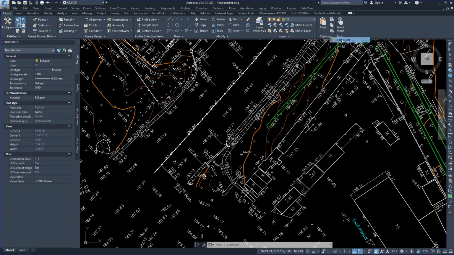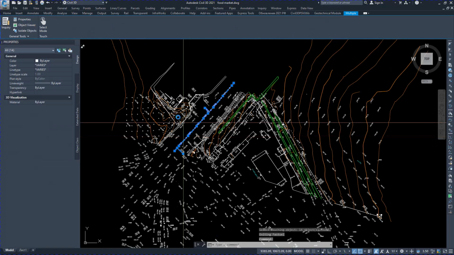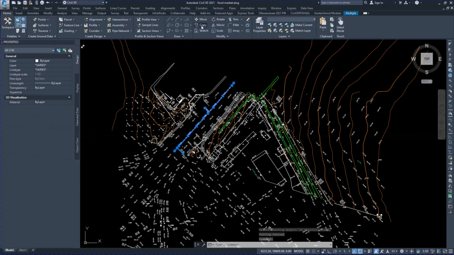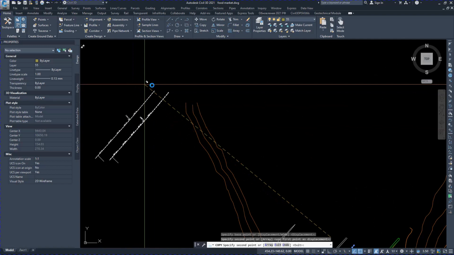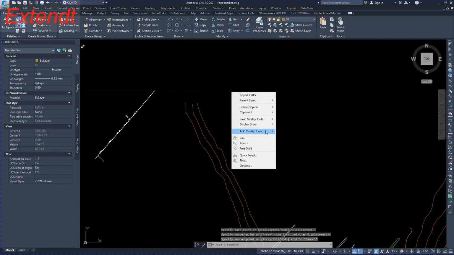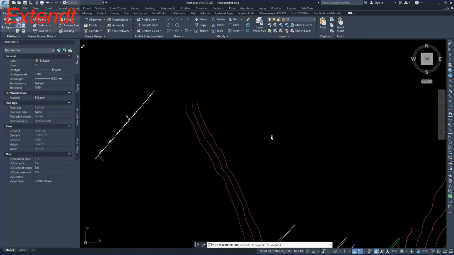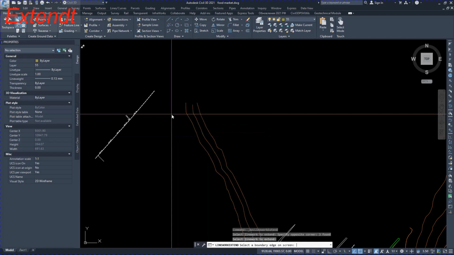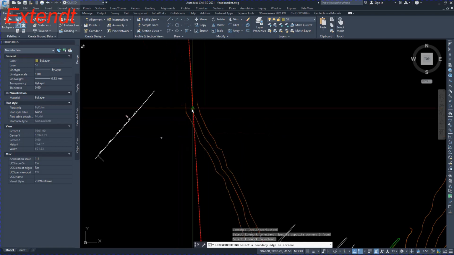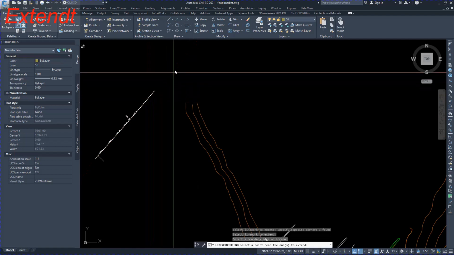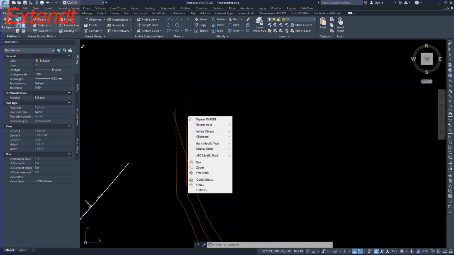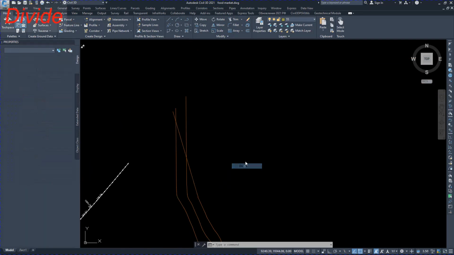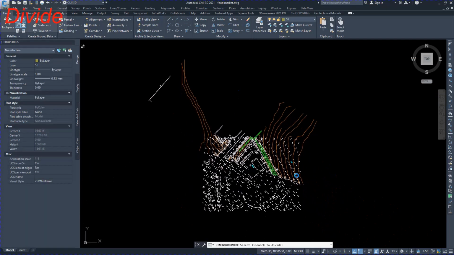Express with the Fast Select command, you can select all objects in contact with the selected line. Copy the selected line, for example. Modify Tools, Extend. Choosing objects to extend, Enter. The extension limiting line is highlighted in red. Click approximately at the place of the extension limit. The brown lines lengthen to the continuation of the white line.